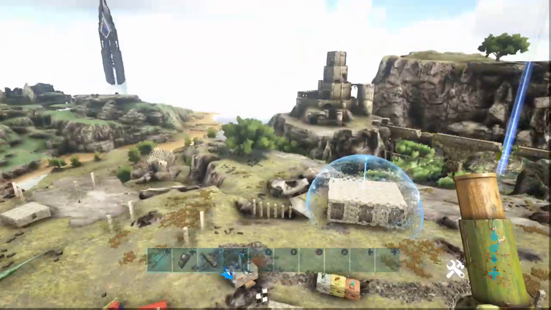The server has a community area, and this is it. I've already showed you the coordinates, but just in case,